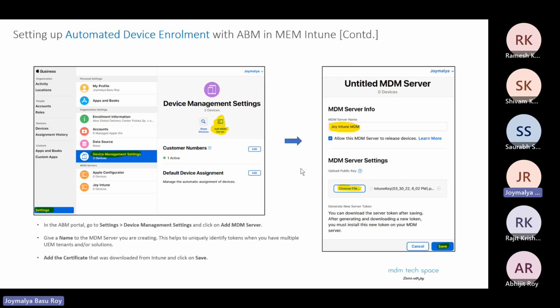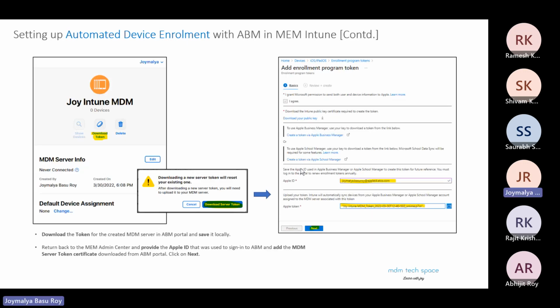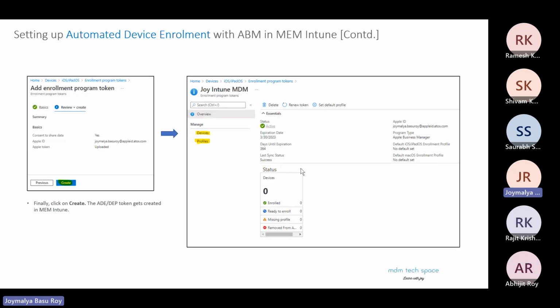In Apple Business Manager, again, you will come into device management settings. You will create the MDM server, choose the file and click on save. It will give you the server token, which you will again take back to the Intune portal, provide the Apple ID and the token and click on next and your profile will get created. And you now have a DEP token, and once you have the DEP token there, you can start syncing your devices